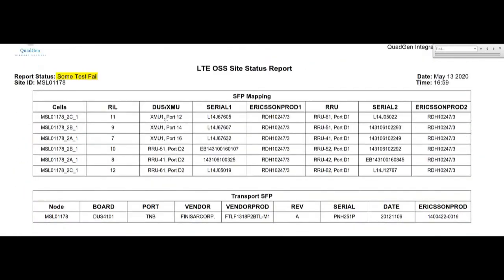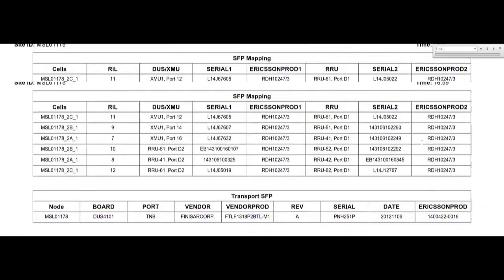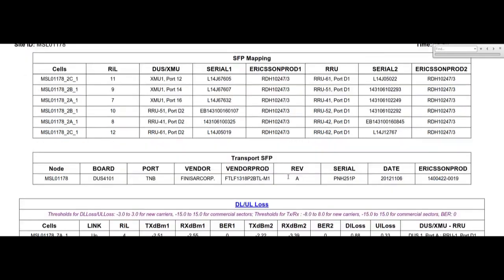You use it just to gather information about your site, and then once you go a little bit further down, you look at transport SFP. This is actually your SIAD connection, right? So it connects into DUS 4101. It connects into port TMB, and this goes from your DUS port TMB over to your backhaul connection, right? It's usually located somewhere over by your UMTS PDU in your RBS cabinet, and this is the actual site connection